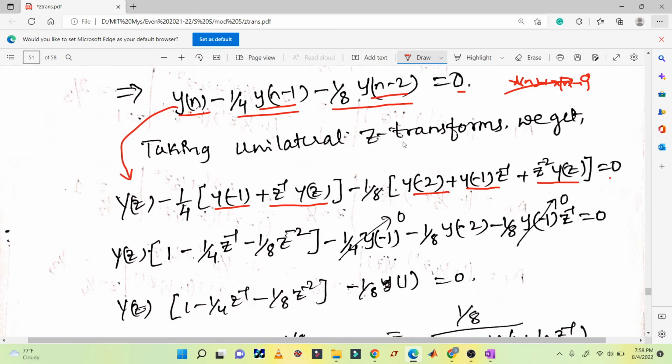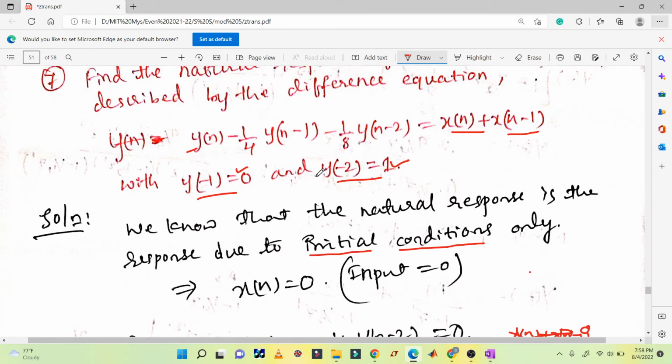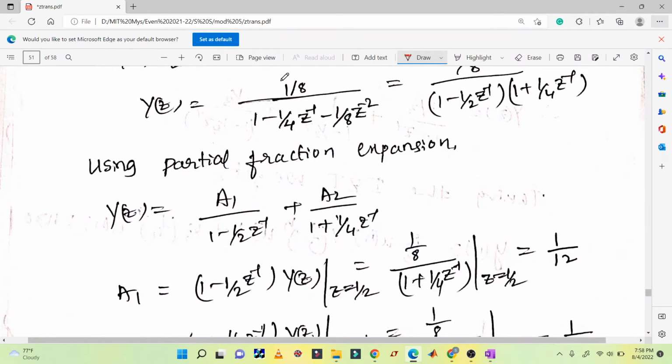Okay, but what are y of minus 1 and y of minus 2? In the initial conditions they have given y of minus 1 is 0. So you have to substitute y of minus 1 and minus 2 now. Y of minus 1 is 0, y of minus 2 is 1. After substituting, you will get the answer as